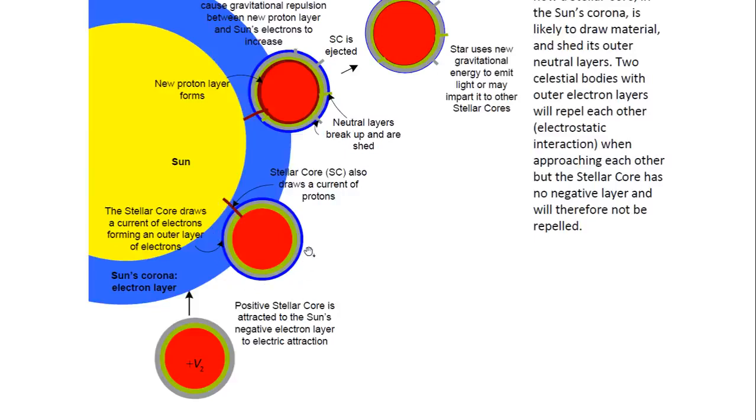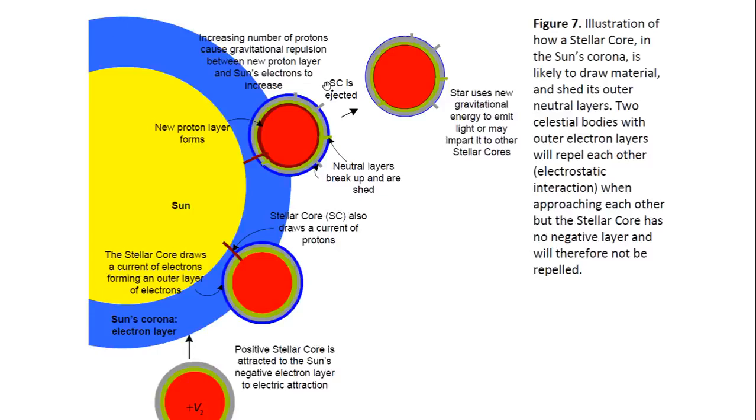And then once it has interacted electrostatically with the sun and gained a thin layer of electrons to go along with its positive charge, it will start drawing protons or matter from within the sun, and this matter will form a layer above the core of the object, and this neutral layer will start breaking up and it will be shed,